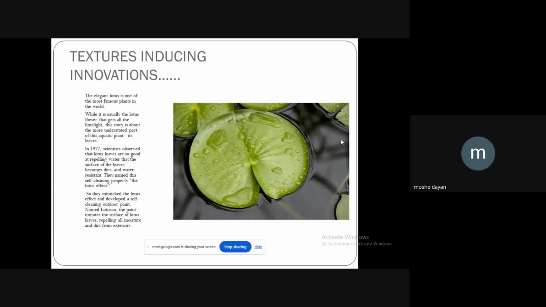And we hear this ad always, Ultima Protect vertical lamination. I recently painted my home with that Ultima Protect Duralife. I just went and asked, which is the most protective coating? They said, this is the one. And they said 10 years of warranty. Who knows, 10 years it will sustain. But sometimes we go for the best. Again, that is inspired from the lotus leaf. So inspirations are available for us from the nature.